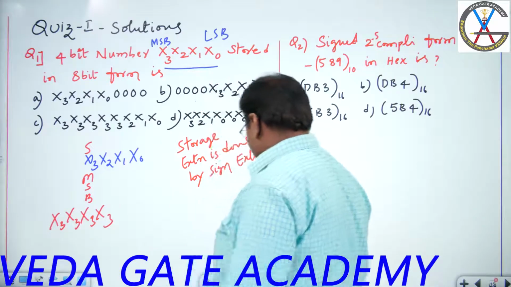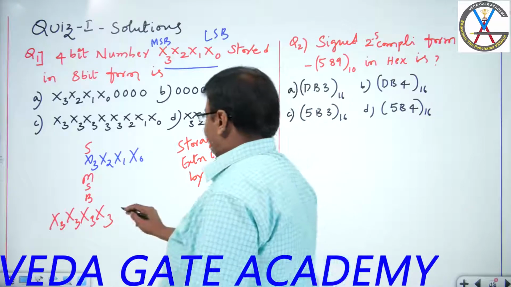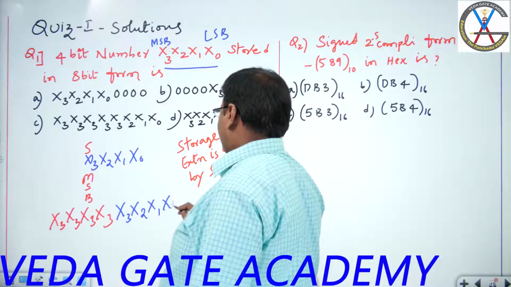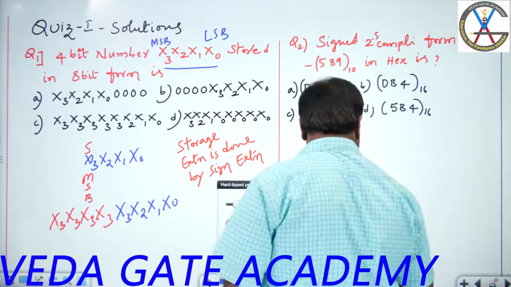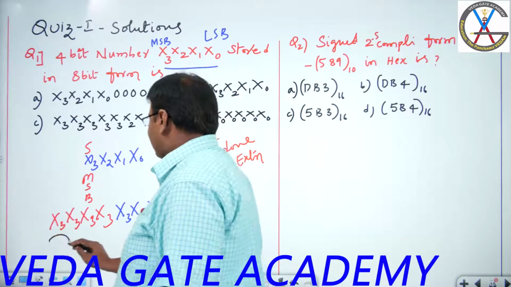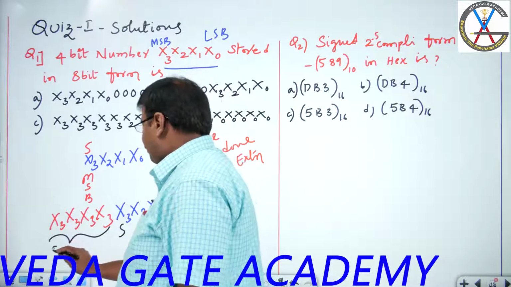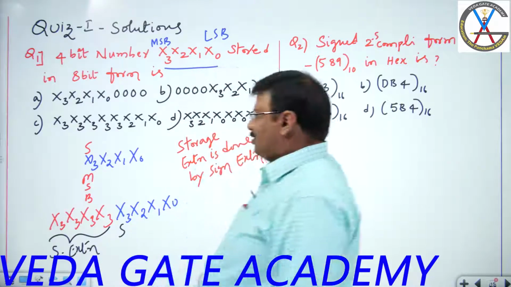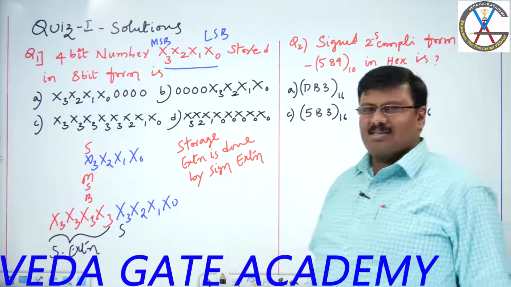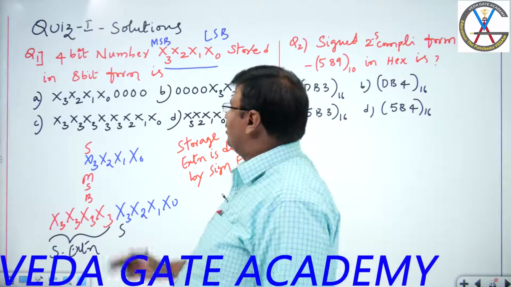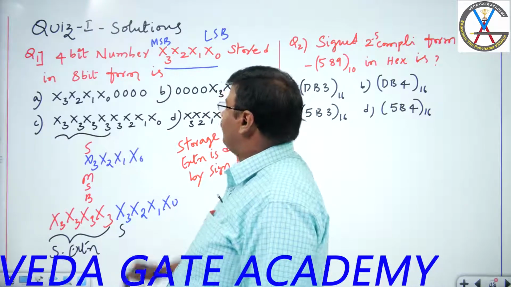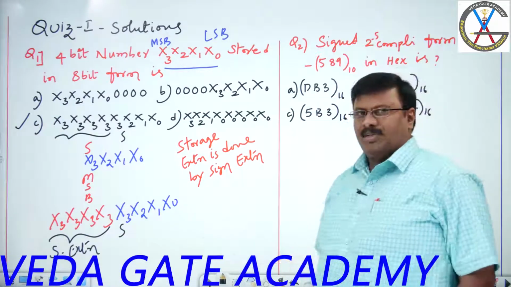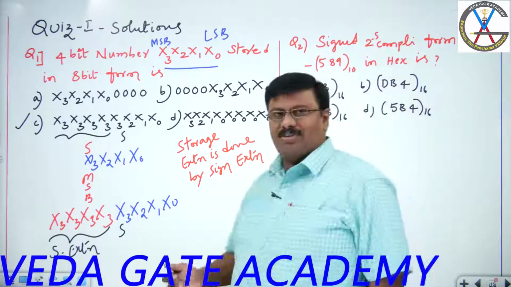The original data is 4-bit data, x3, x2, x1, x0. So, which is sign extension now? This is sign extension, this is sign, and this is sign extension. Finally, storage extension is possible by sign extension, which is the right answer, where the sign is extended here. This is sign. So, C is the right answer for the question. You're clear, right? So, the next question is,